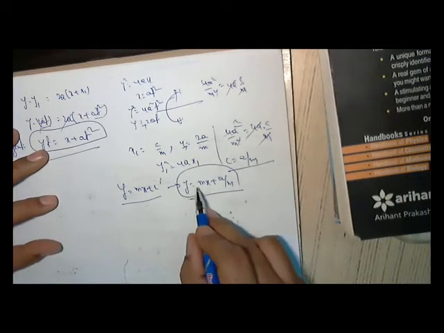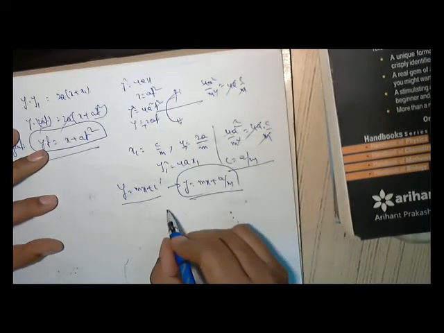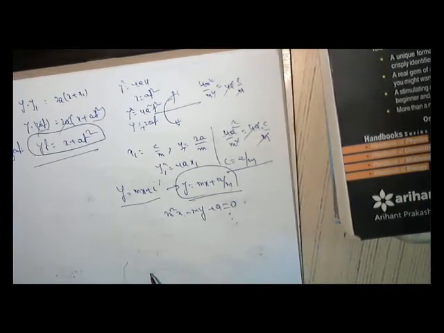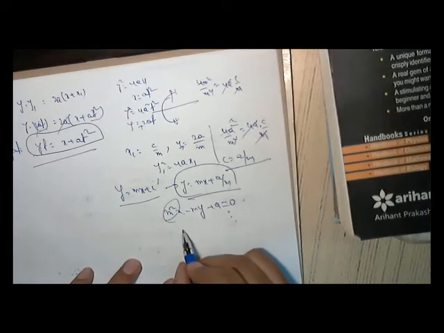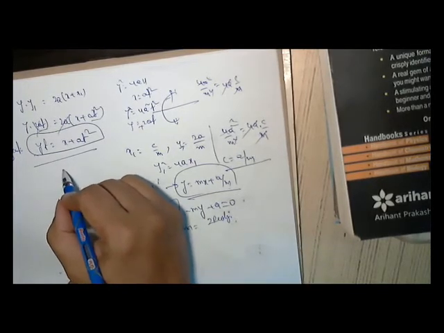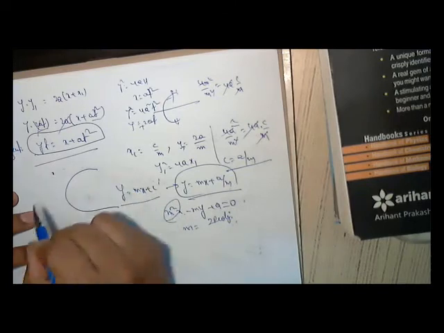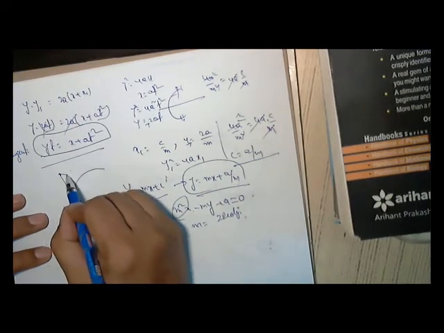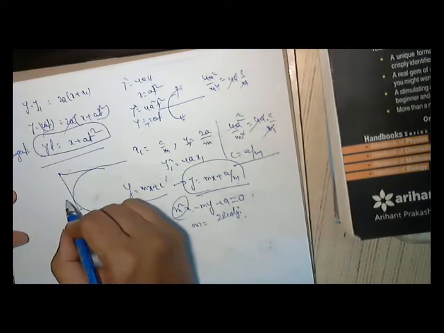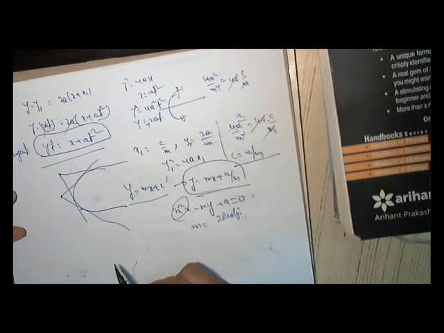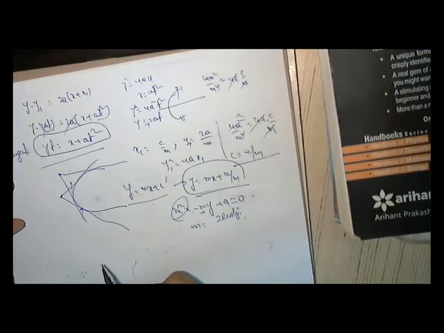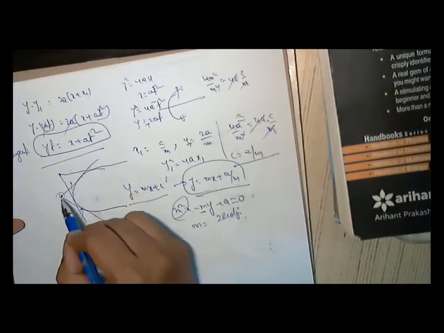If you see here, y is mx plus a by m. When I rearrange the terms, m square x minus my plus a is equal to 0. That means this is a quadratic in m. We have two m's, two readings. So for a parabola, from any external point, I can have two tangents. Any point, I can have two tangents. That is why there are two slopes for this m. From an external point, we have two slopes.